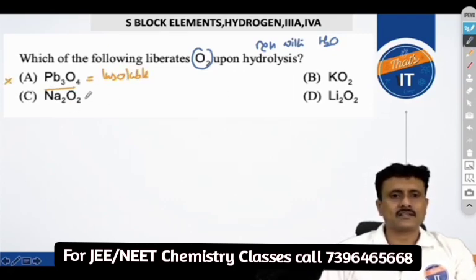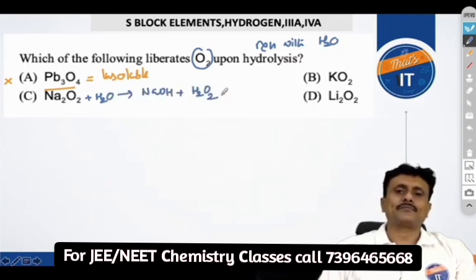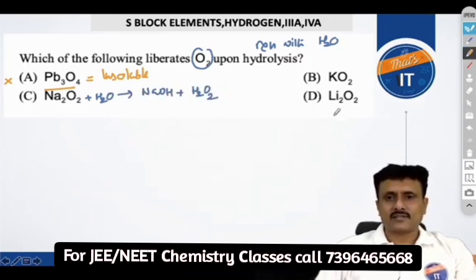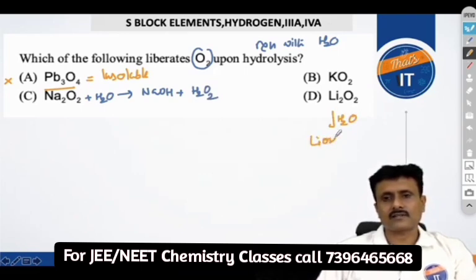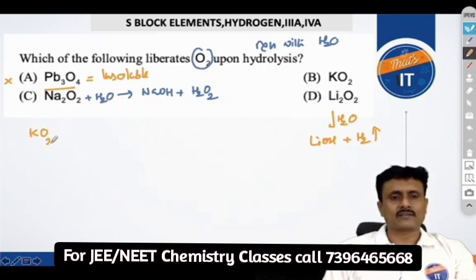Now you know that Na2O2, when it undergoes hydrolysis, gives rise to what? NaOH and H2O2. Alright, and you know that lithium peroxide gives rise to what? Lithium hydroxide and H2O2, isn't it? However, when KO2 reacts, that is superoxide, where the oxidation state of oxygen is -1/2,